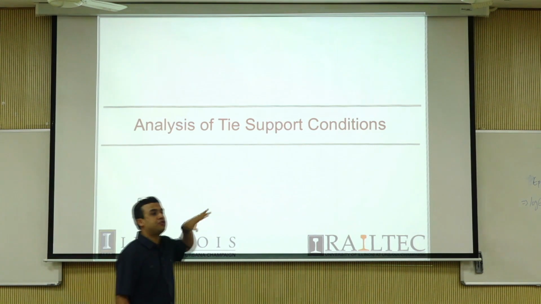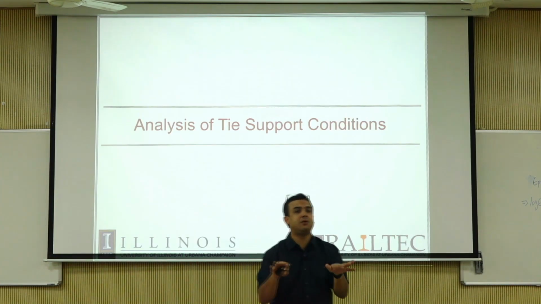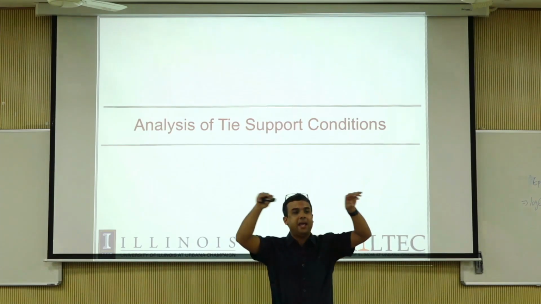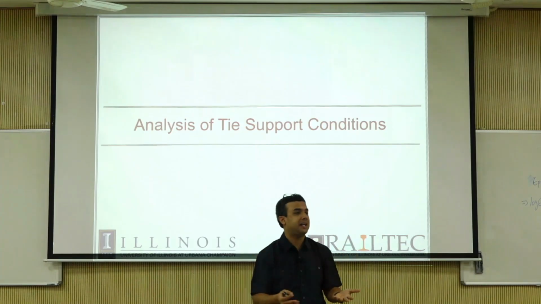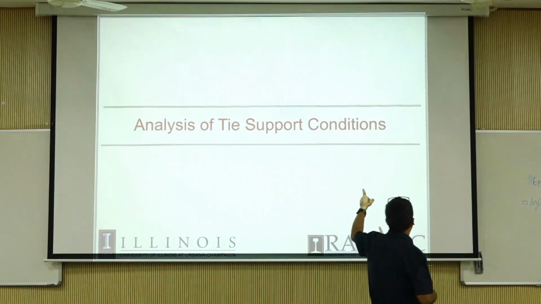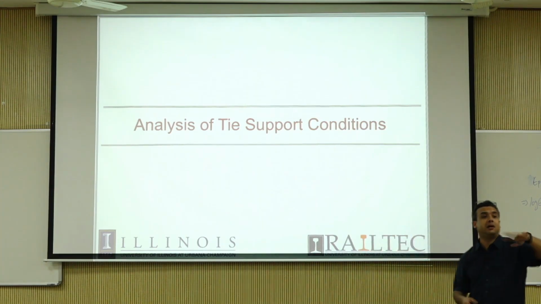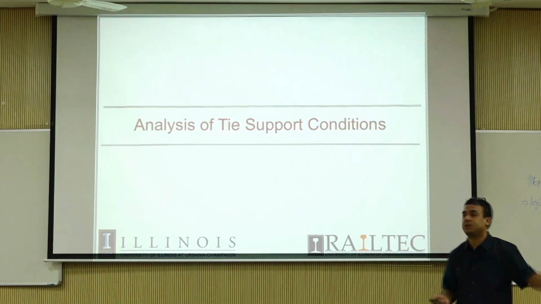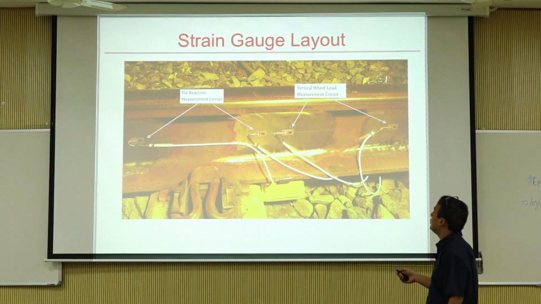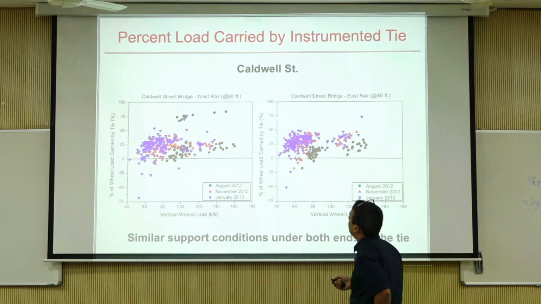Now we are talking about support conditions. Pavements and railroads are very similar as long as you are eliminating the train or rail and the tie and stuff. Underneath the tie, it's pavements. Same stuff. So now you can monitor support condition underneath the tie, which is basically a substructure assessment. So this is load cells. We'll go into a lot of details tomorrow, but what you can actually see is